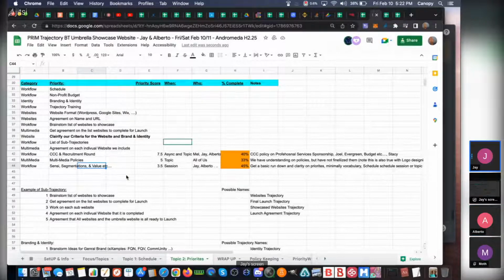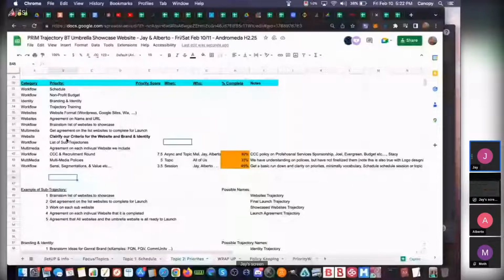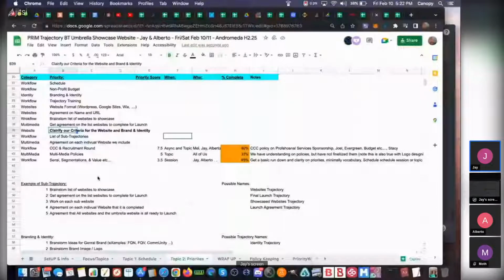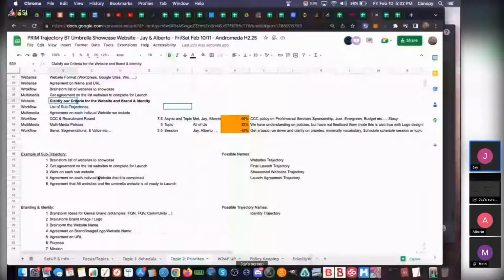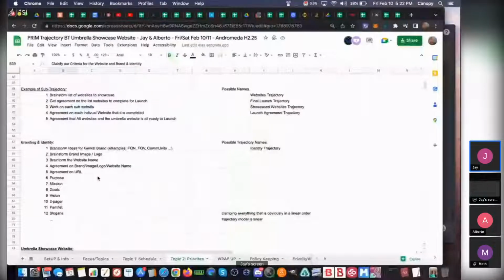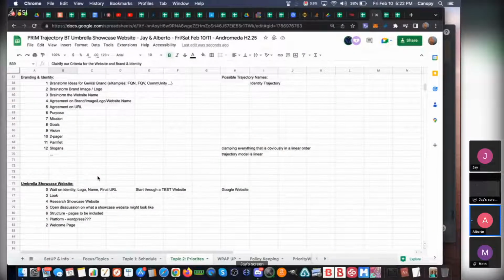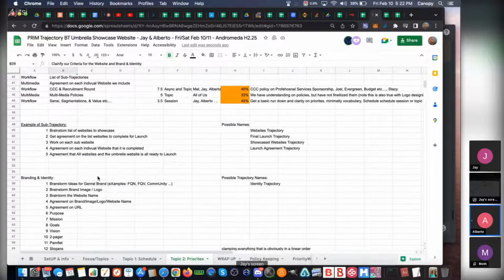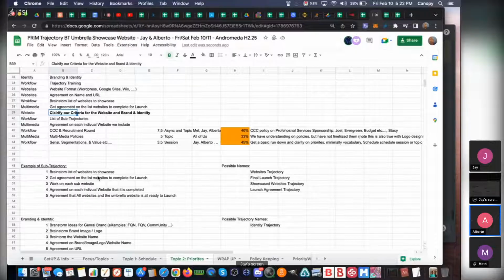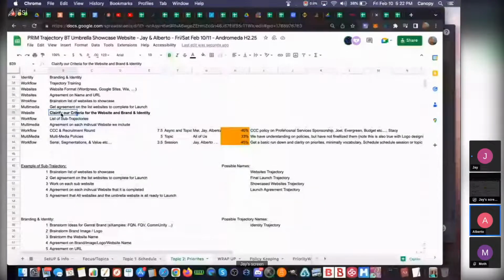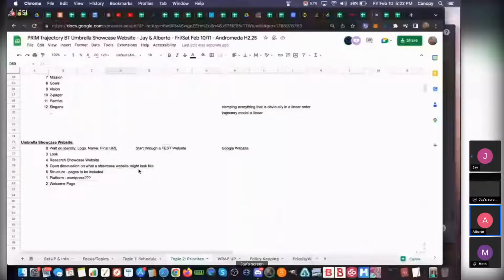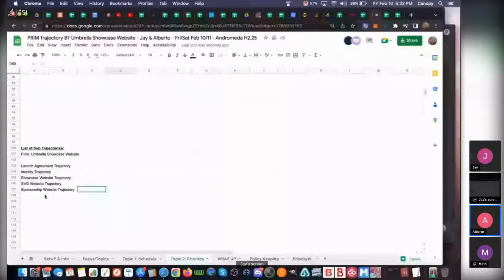So I would say the criteria for the website and the brand would be part of the branding and identity, or the umbrella showcase website, or both. Or the launch agreement trajectory, because it's part of the agreement of what criteria we need to follow to launch. I think it's part of everything. I think this needs to be part of our policy, so this comes as part of our workflow, our coordination and